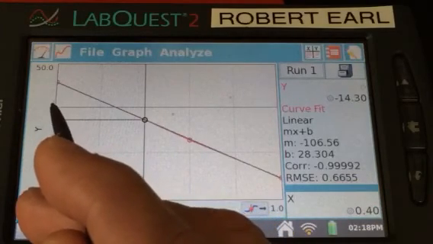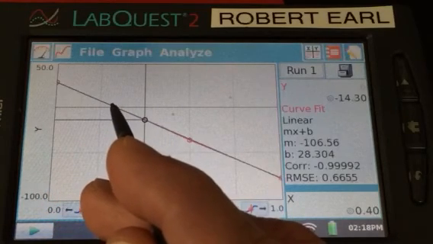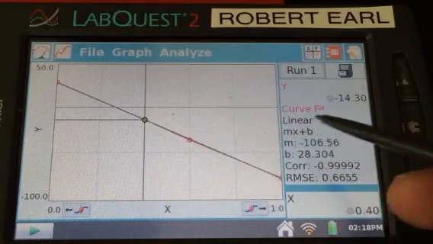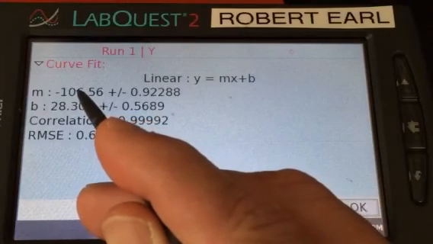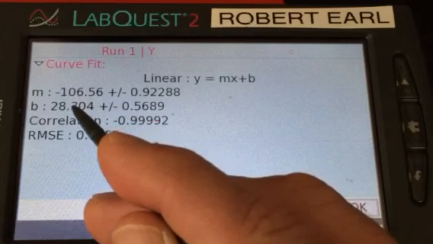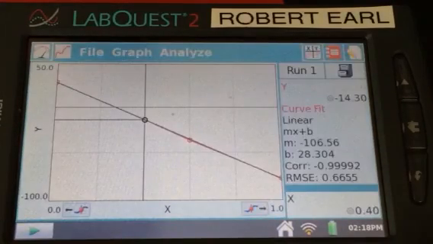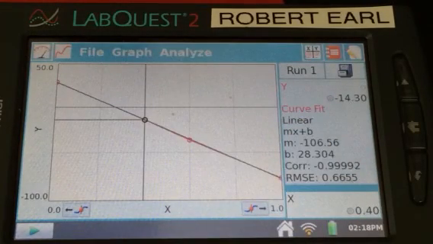So to find that, all you'll need to do is set y equal to 0, because when y is 0, we want to know what x is. So y will equal mx plus b. If y is 0, you've got this number times x, which you're going to solve for, plus b. And by solving for x, you'll find that value. That value is what you will enter as the sugar molar concentration in Table 3 in your lab.